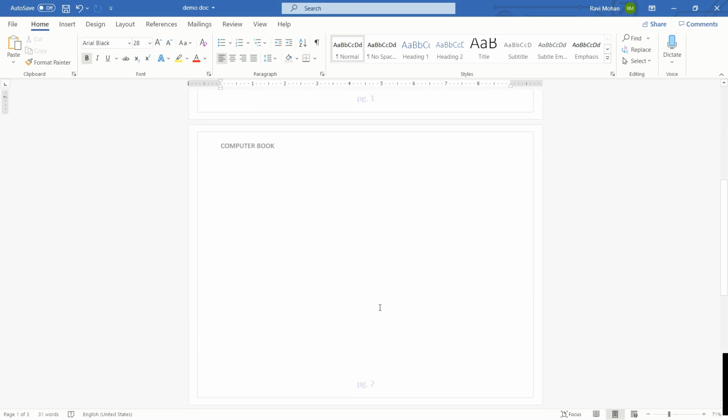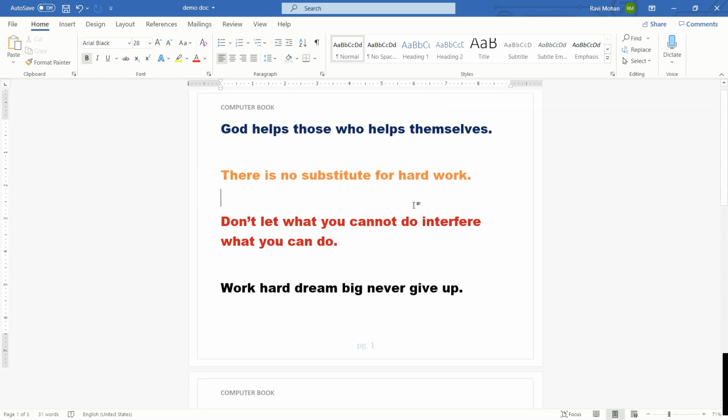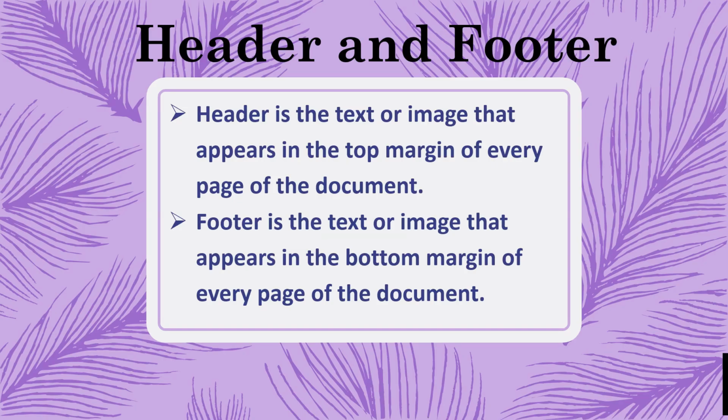Now see, in the second page it has appeared both computer book as header and page 2 as footer. Scrolling down, computer book as header and page 3 as the footer. So this can be incorporated even if you have hundreds of pages in your document. Isn't it a wonderful formatting option?